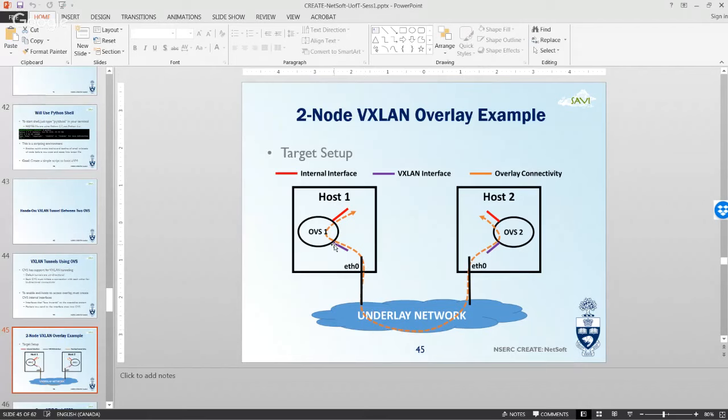But as I mentioned, in order for a host to be able to actually access it, they need to set up an internal interface to allow them to send traffic to and from the OVS. So once they set up these internal interfaces, you should be able to send packets to the internal interface, out of the VXLAN interface, through the underlay network into the VXLAN interface of the second OVS, and then out of the other host's internal